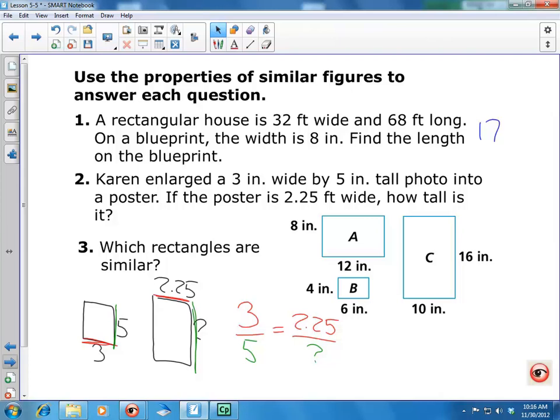Okay, number 3, again, we're going to do the same thing on that, just identify the size and find out which ones equal each other. It's possible that all 3 of those could be proportional, but it's also possible that none of those 3 would be proportional. Okay? Questions on that? No? All right. Then